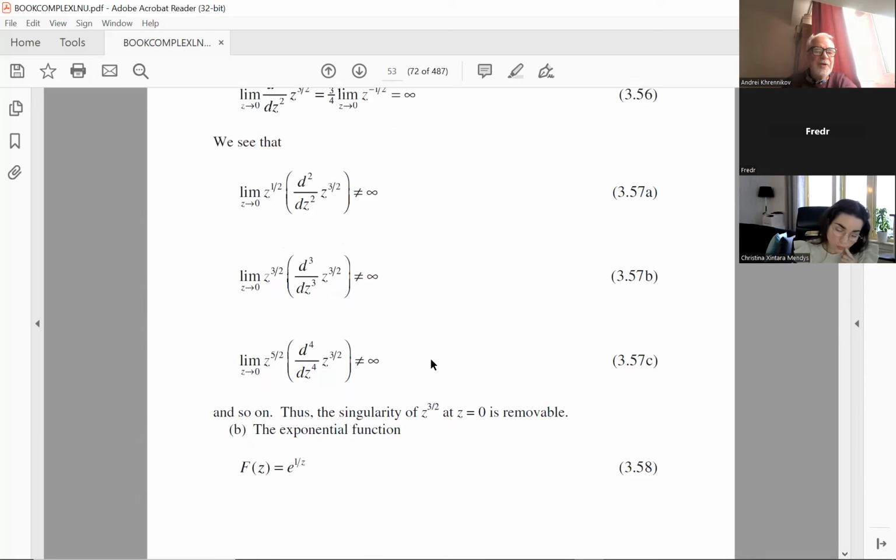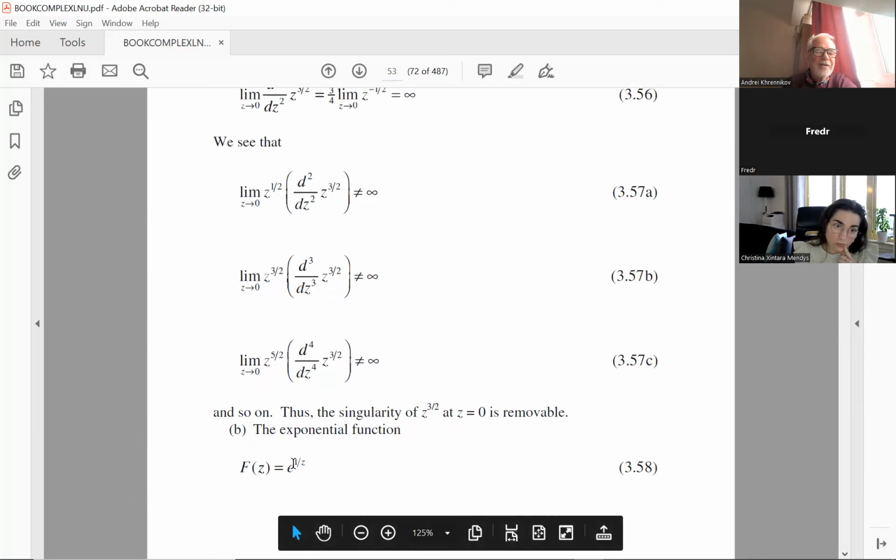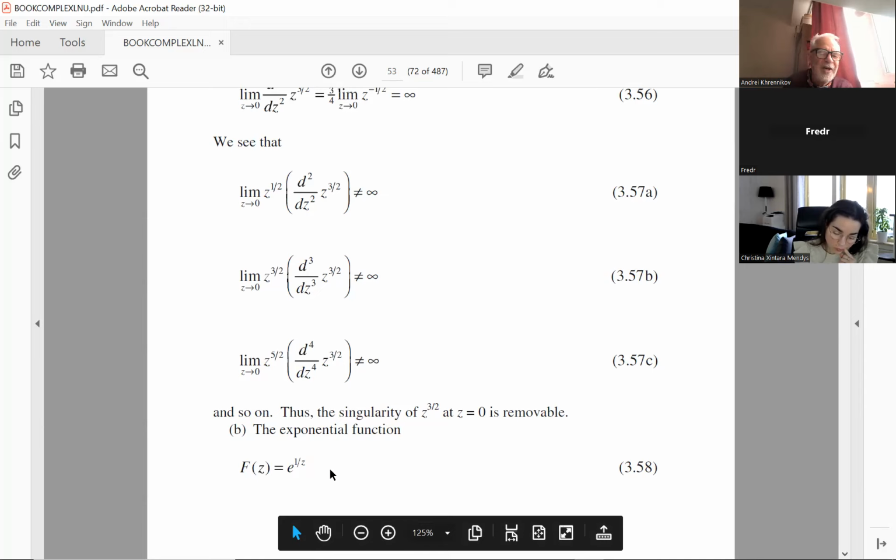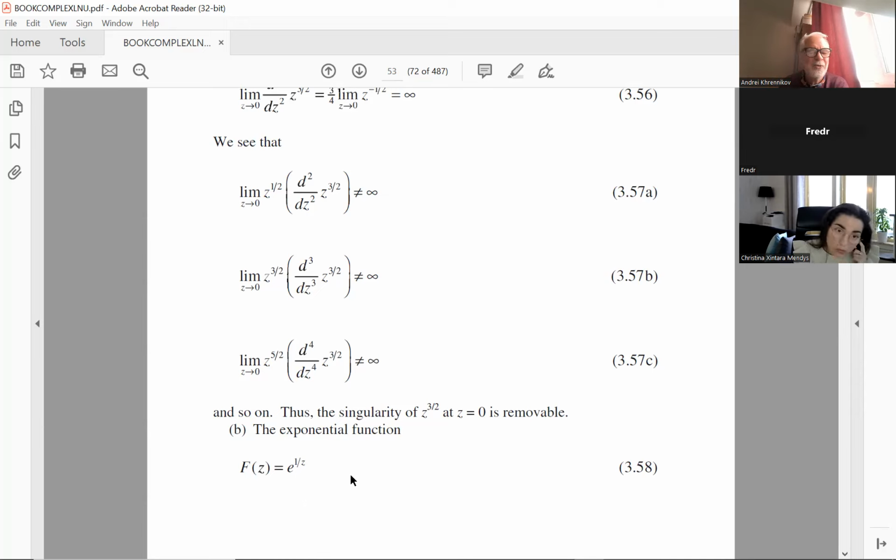Now we go to the exponential function, exponent of 1 divided by z. And it is a non-removable singularity. In principle, I did not even meet any other example besides this. Of course, here could stand 1 divided by z squared, or z to the 10th, but all these non-removable examples are based on this exponent. Maybe I should refresh and find some other examples, but all textbooks contain this example.